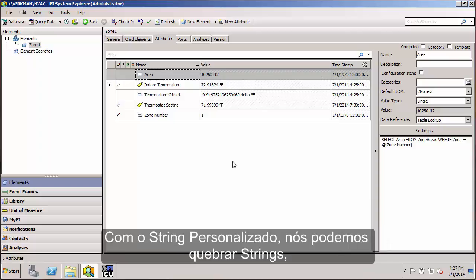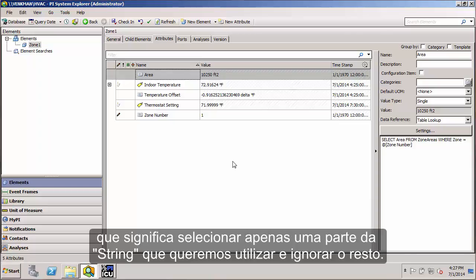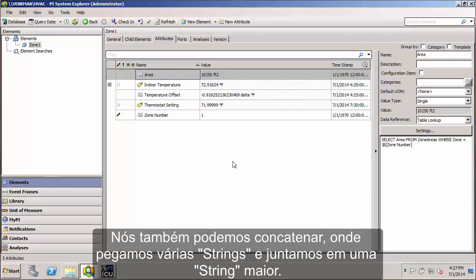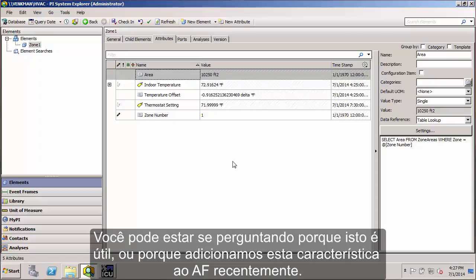Now with the Stringbuilder data reference, we can parse strings, which is pull out only a portion of the string that we want to use for our attribute and get rid of the rest. Or we can concatenate, where we take multiple strings and put them together to form one longer string. And you might be wondering why this would be useful, or why we added this as a feature to AF